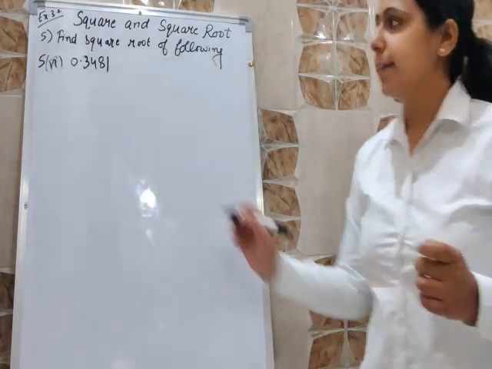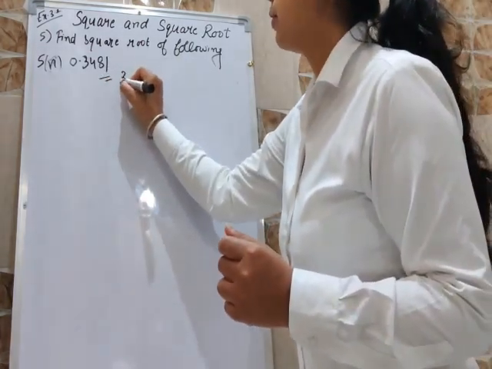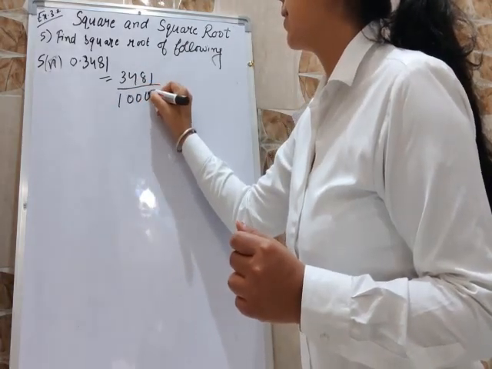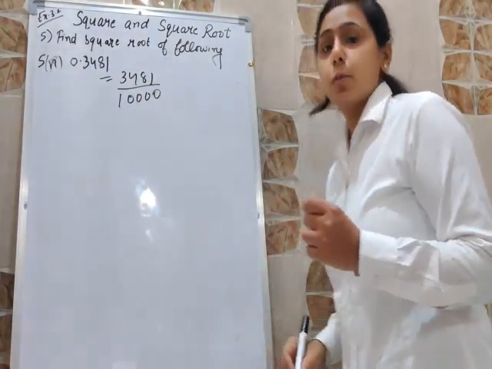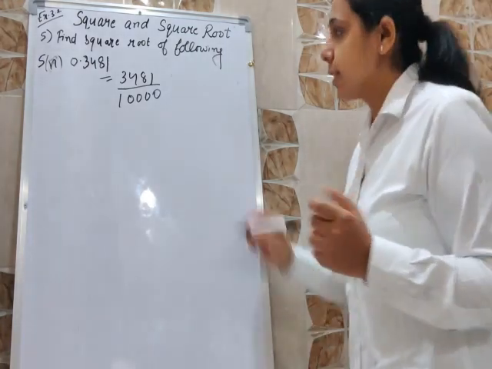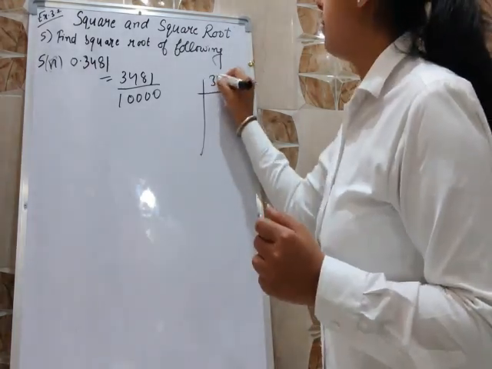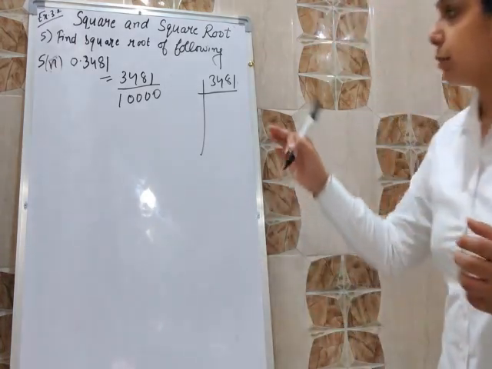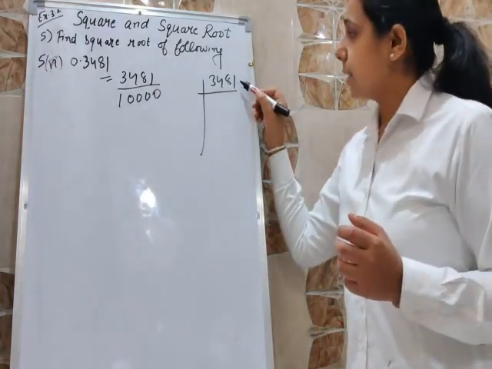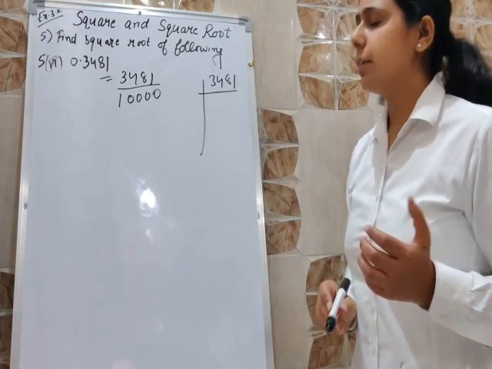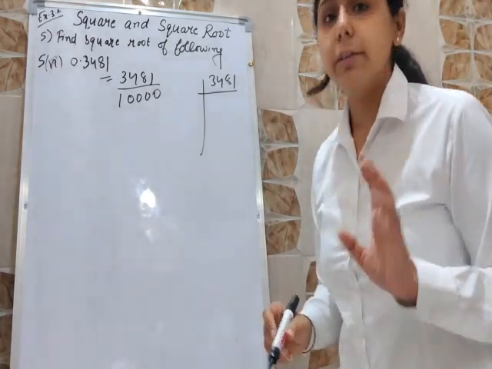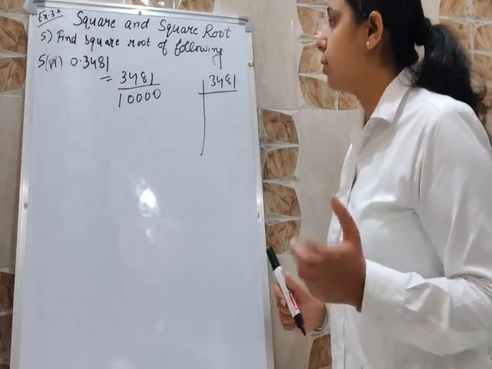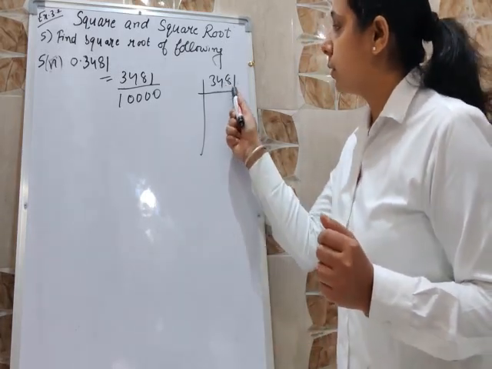And sixth part here, 0.3481. First of all, write in a simple form. You will get 3481 divided by 10,000. So find out the factors first. That is the 3481. Of course, this number you have to look. Last digit is a 1. So that means that will not go at a 2, 4, 6 or an even number. So when you will see at the table of 3, of course it will not go on there.